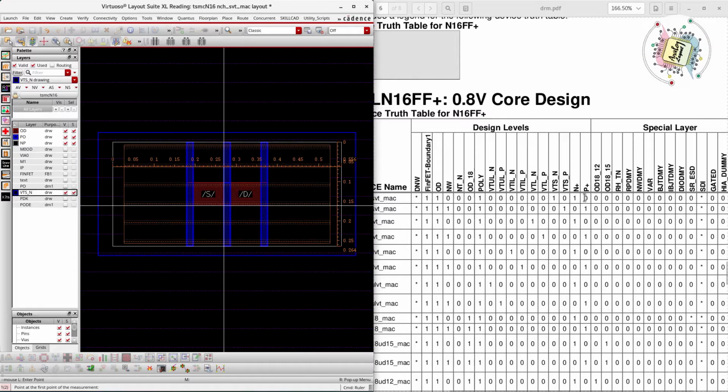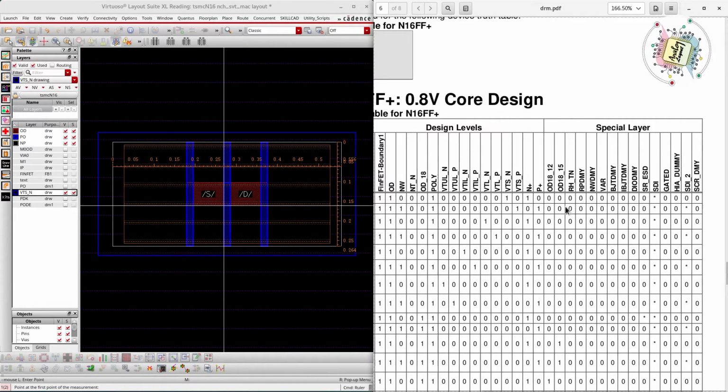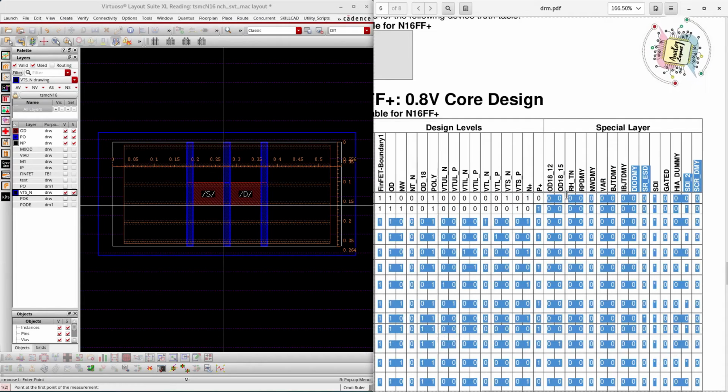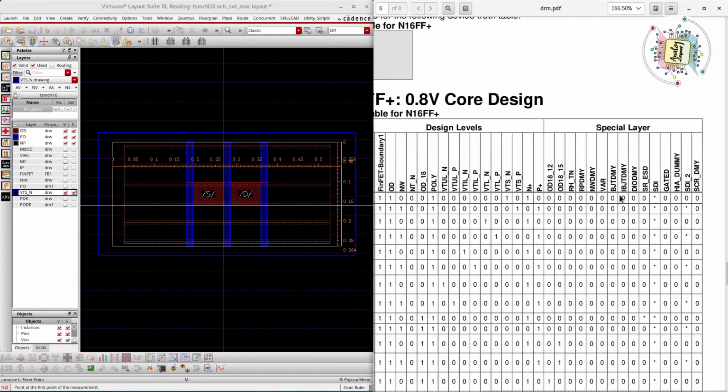After the N implantation layer, we don't have any layers. So this is N plus. After that, we don't have any layers. See, in the first line, everything is 0. As we discussed, I think I have already told you, once the base level fabrication